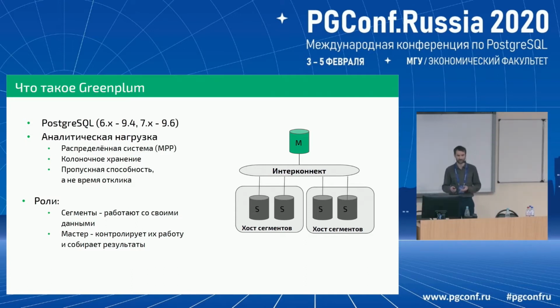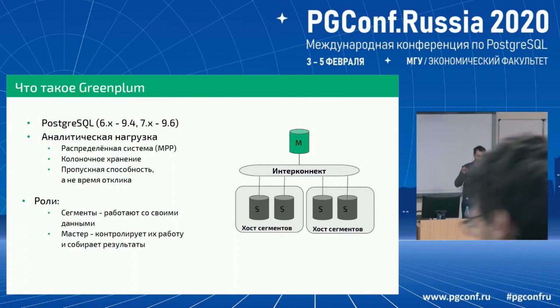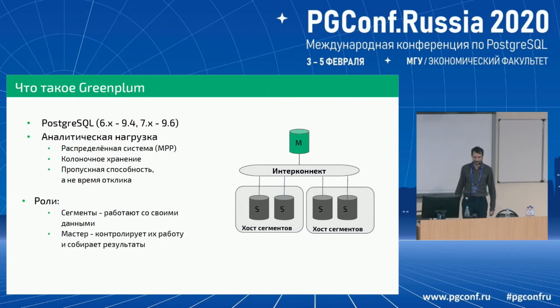It should be a distributed cluster because the data is so numerous. It must be processed, and the focus is to optimize throughput, not response time. And indexes do not help in such systems because you just have to go for a column and do something with it. As far as Greenplum is concerned,